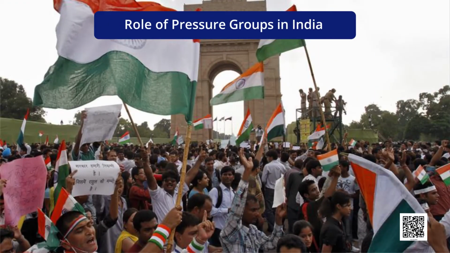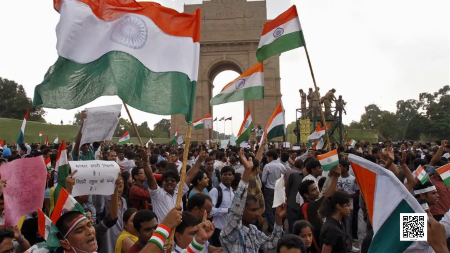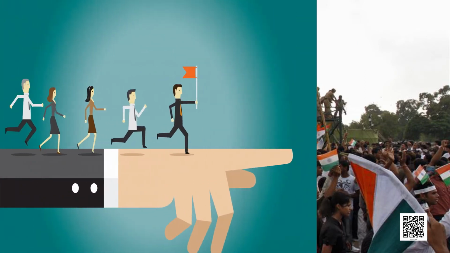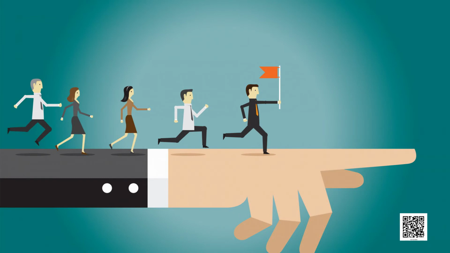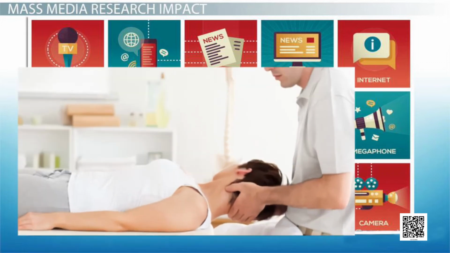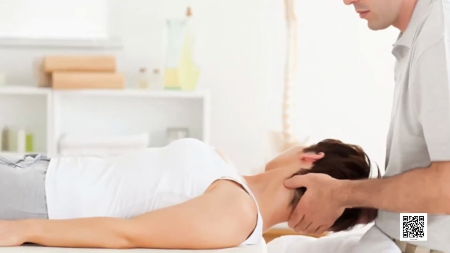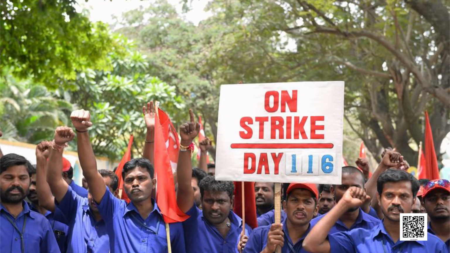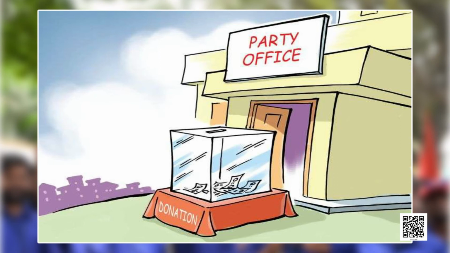So, what is the role of pressure group in India? The capacity of these groups is determined by leadership, organizational abilities, mass media, economic power, and mobilization techniques. Besides this, they use lobbying methods, strike, bandh, demonstration, funding political parties, party platforms, etc. Even though the role of pressure group is indirect, it facilitates many vital activities in administration.